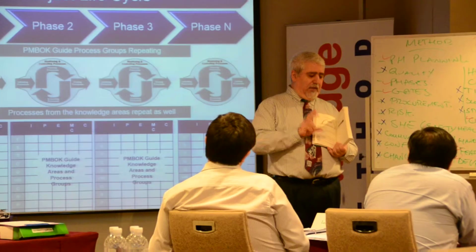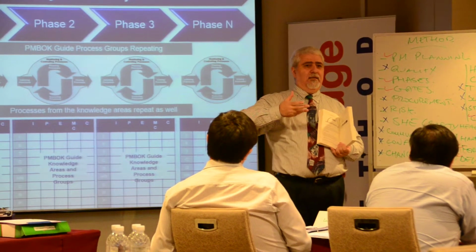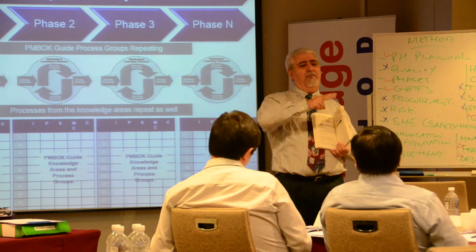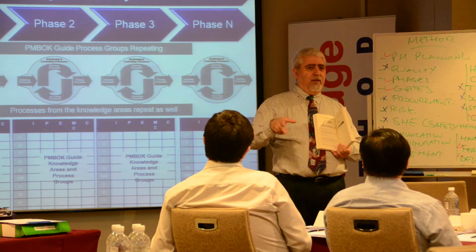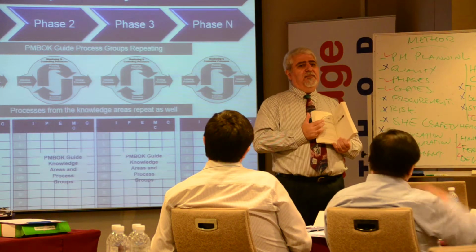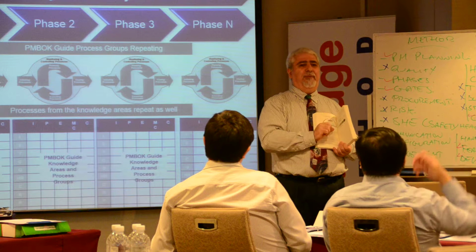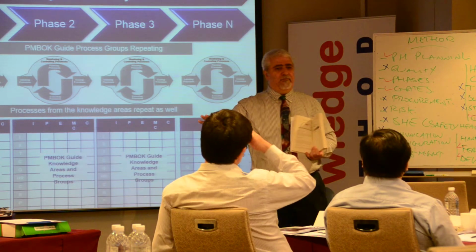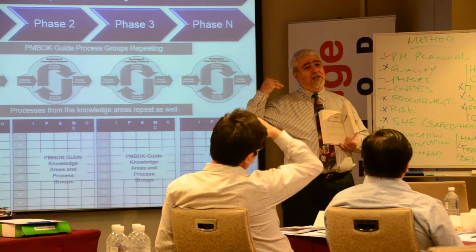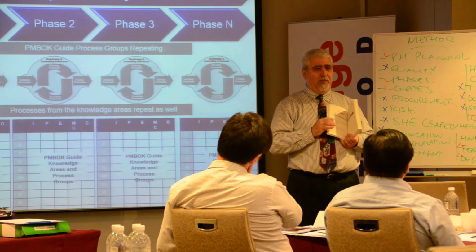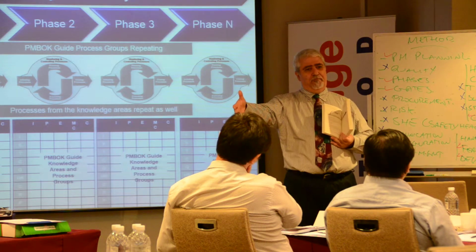Technically, the PMBOK includes the planning processes, and where the PMBOK needs to be revised, in my view, is that it needs to be split into two parts. If you read my literature, you will find that. Let's talk about scope management. The PMBOK said there is a scope management plan, which was taken out. It used to be there, they took it out, and now in the last edition they put it back in. So you need to plan how to manage the scope.